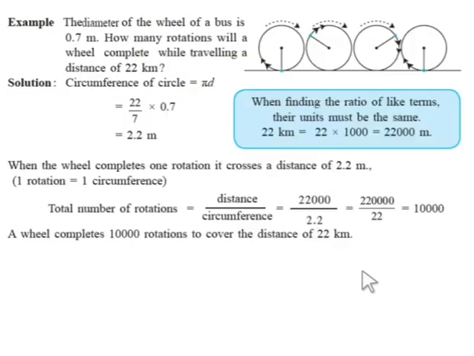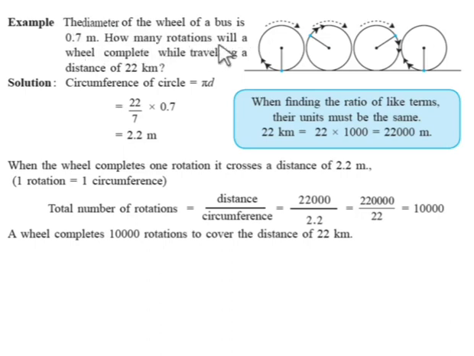Now next example children. Here in this example, there is a small correction. Now, if you look at the example, here radius is given. The radius of the wheel of a bus is 0.7 meter. So, in place of radius, you have to write their diameter, because the given part is the diameter as according to the solution. So, here you have to write the diameter in place of radius. Now, let us go through the example. The diameter of the wheel of a bus is 0.7 meter.